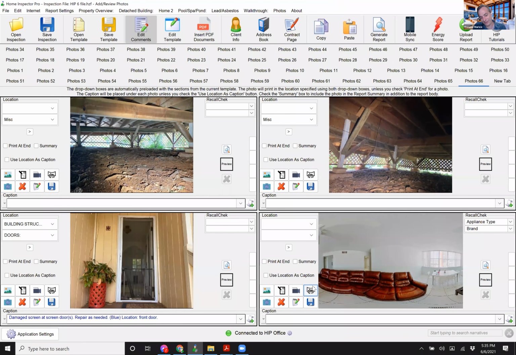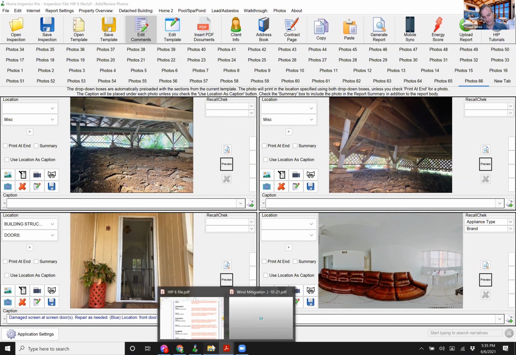You must add the 360 via this button. I've had guys taking 360s and they're adding it via the normal photo button. If you import it that way, it's going to be a normal JPEG. It's just going to look really stretched out. You need to use that 360 because HIP has to basically cut it. Within the PDF, what happens, I'm not sure if I have a